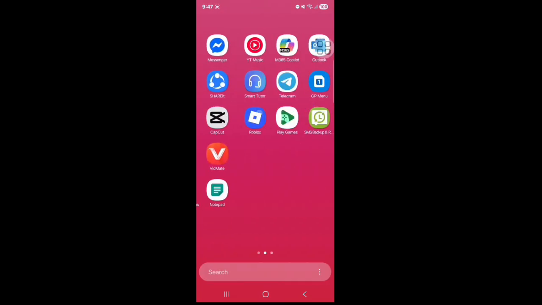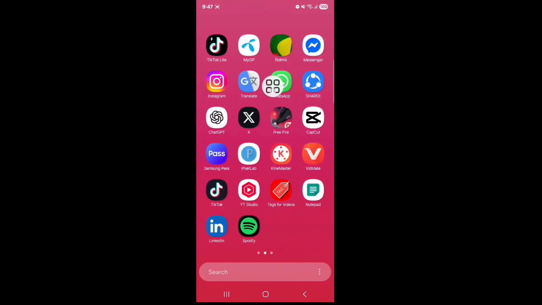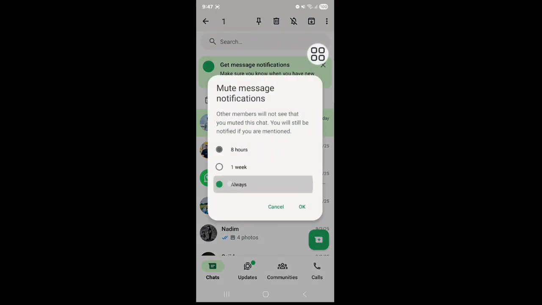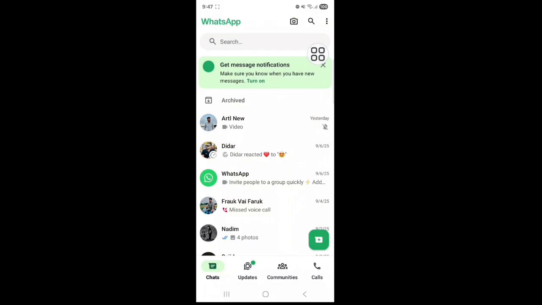Okay, let's go. First go to your WhatsApp apps. Tap on WhatsApp. Select any one contact. Tap on this icon. On always. First step is hopefully successfully. Next,